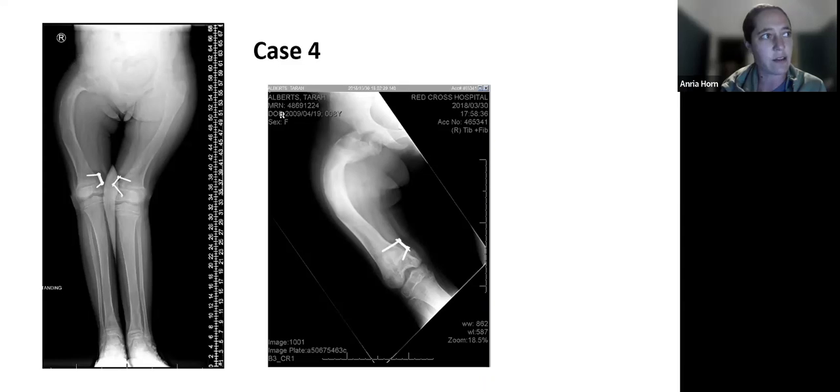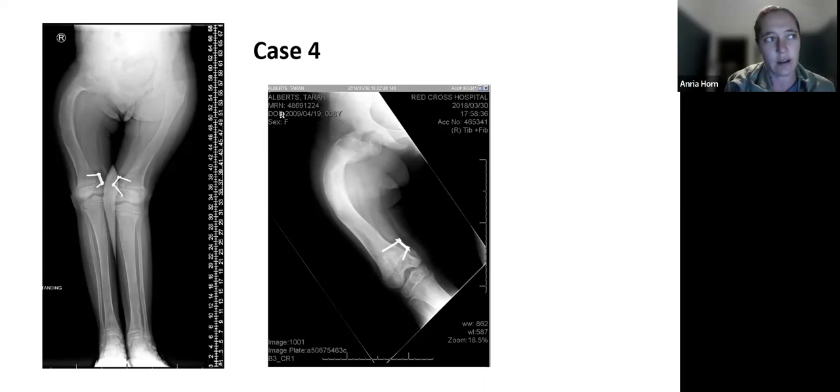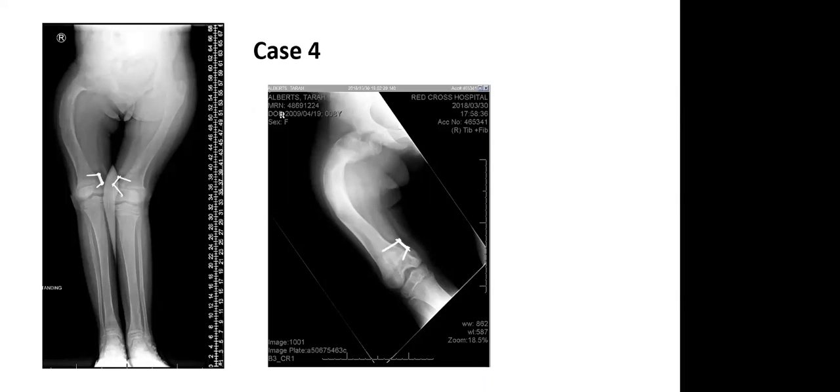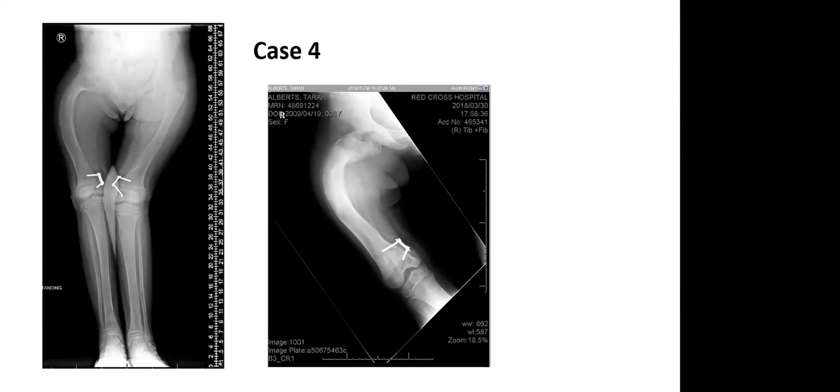So if I told you that this girl at the age of 8 was a Tanner stage 5 or 6 or whatever, sexually mature. Sorry, I missed that. At the age of 8, this girl is like a Tanner stage 4, so with advanced sexual characteristics. So she would be